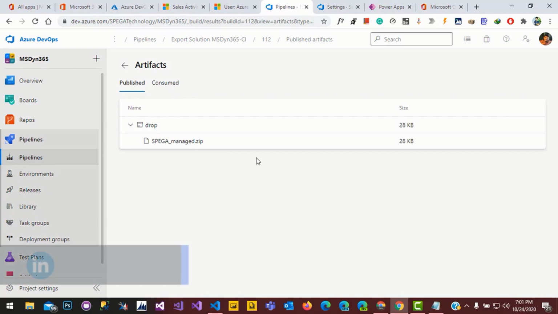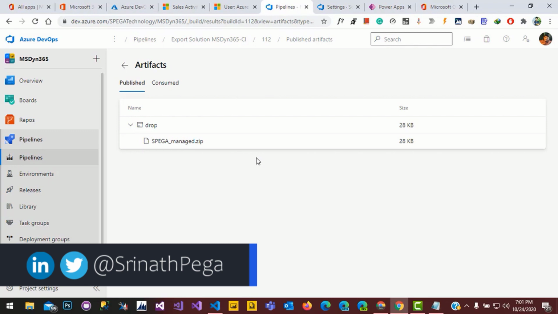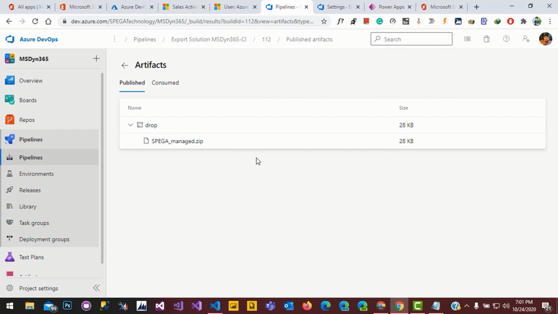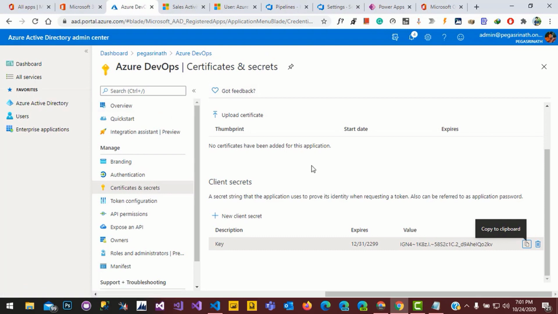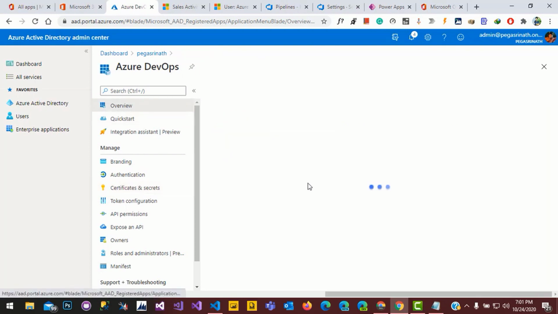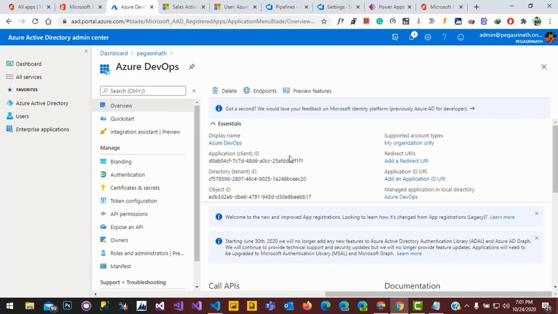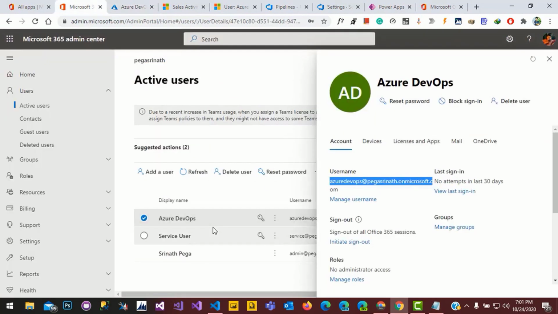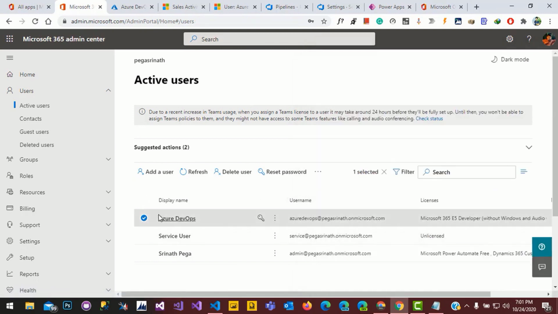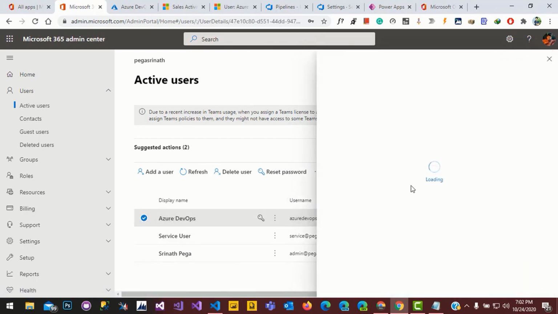This is how to set up the service accounts for Dynamics 365 from Azure Active Directory. So what we did, we created one app registration. For that we got the application ID and tenant ID and object ID, and we also created a secret key. Then we created one user in Office 365, but didn't give any license to access Dynamics 365.